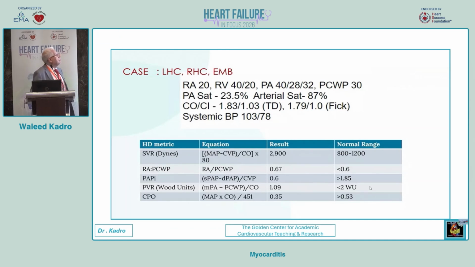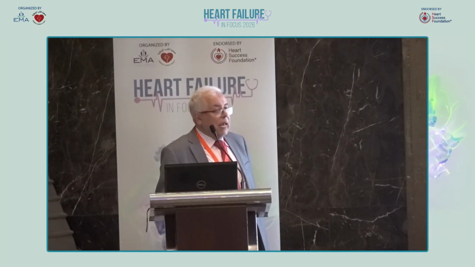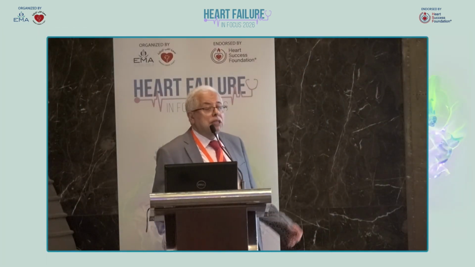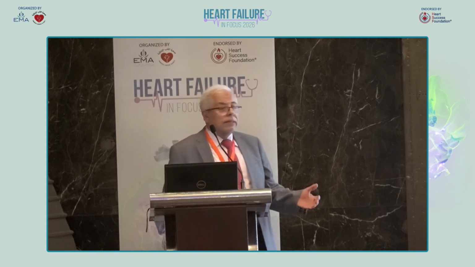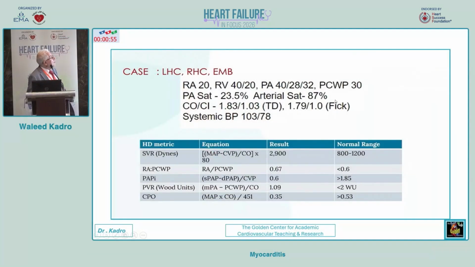So those are the predictors. If we do a right heart cath, and from the right heart cath get the measurement of the right-sided pressures, with the right atrium, the right ventricle, the pulmonary artery, and the pulmonary wedge, it's not just enough. Look at this case I just showed you: elevated right atrial pressure, elevated right ventricular pressure, elevated wedge. However, the cardiac output is very low, and the cardiac index is very low, and the systemic blood pressure is borderline with low pulse pressure, but we need to do more calculation.